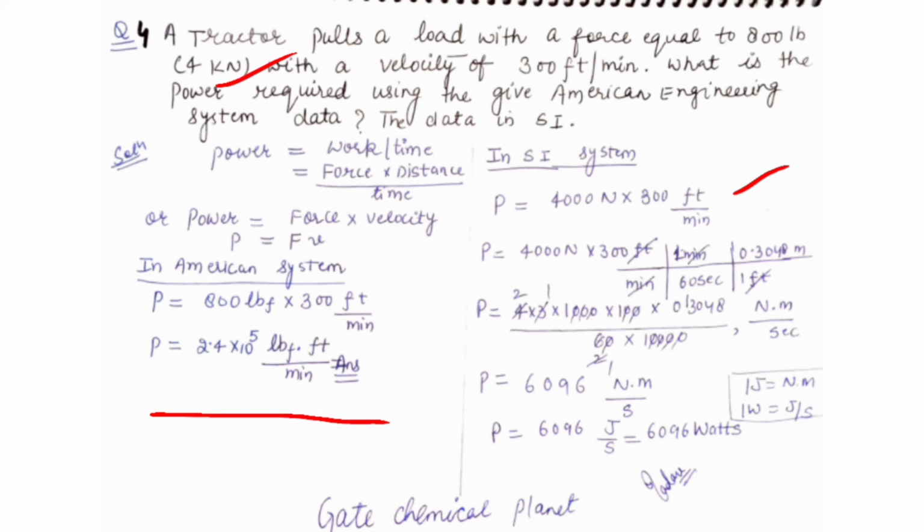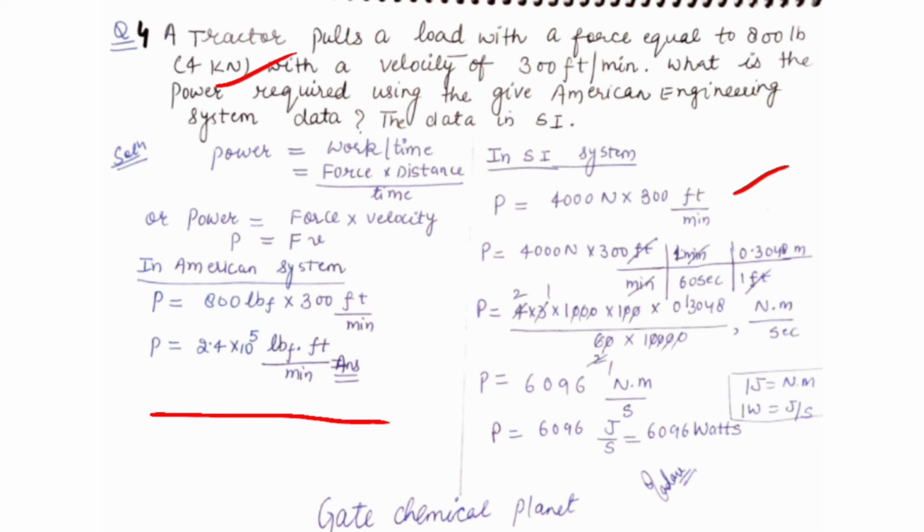Okay. So now we will convert, first we will convert minutes into second. So apply the conversion for minutes here. 1 minute equals to 60 second and 1 feet equals to 0.3048 meter. Okay. So we have converted feet into meter and minutes into second. So now feet will cancel out, minutes will cancel out, and we will have remaining Newton meter divided by second. Okay. So we will have power equals to 6096 meter per second, and